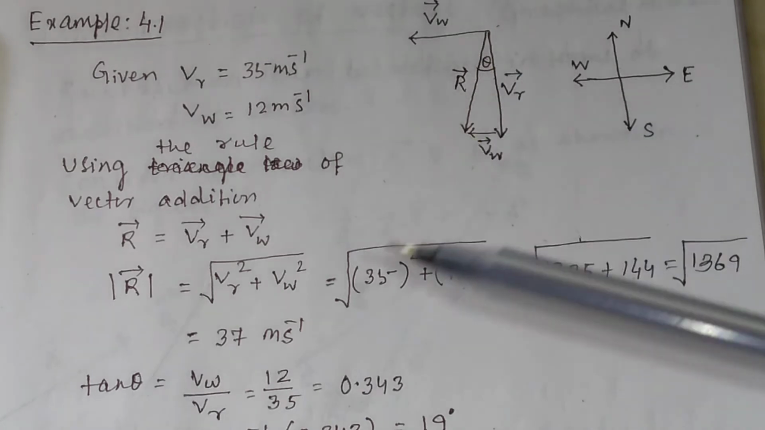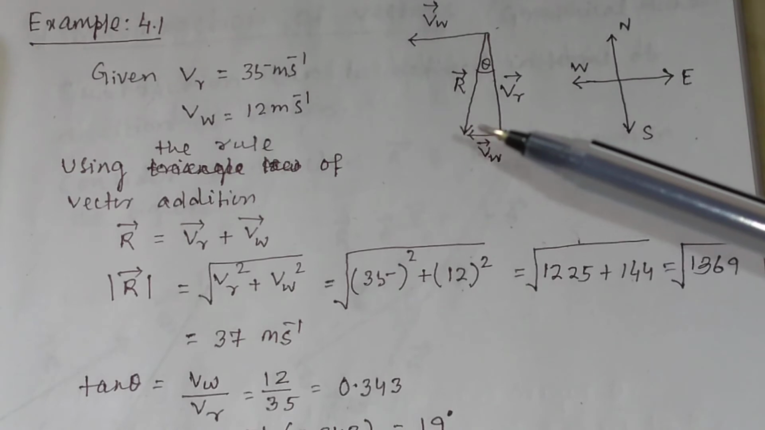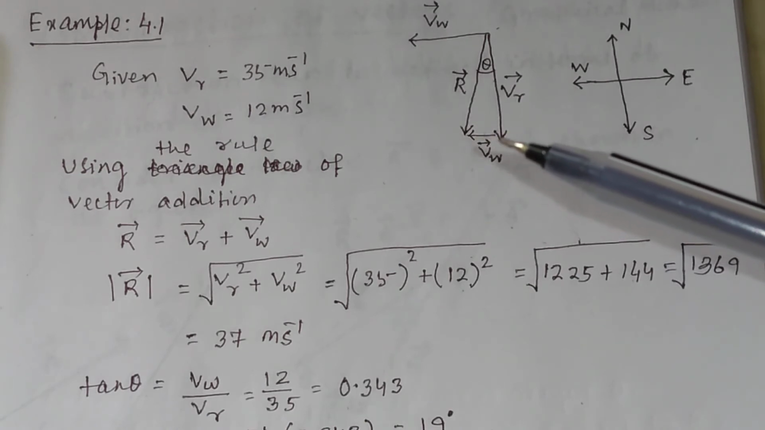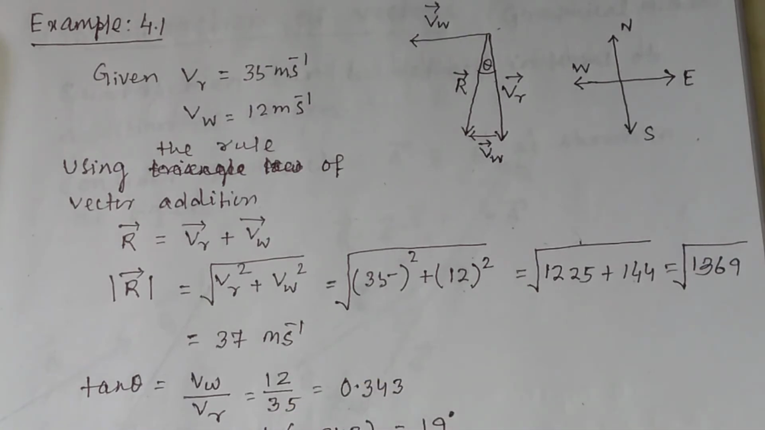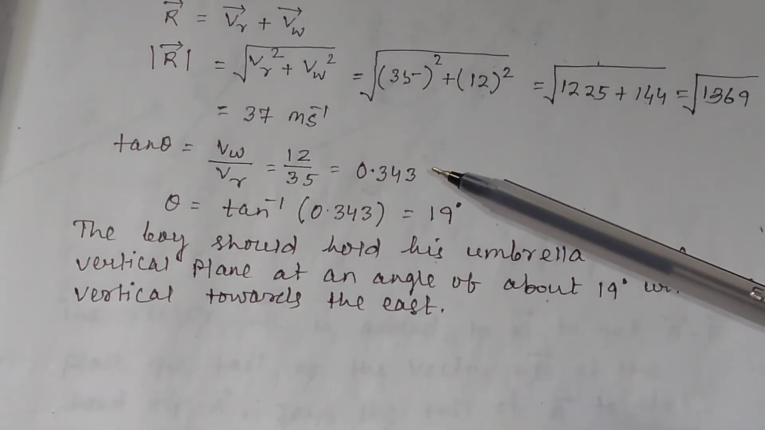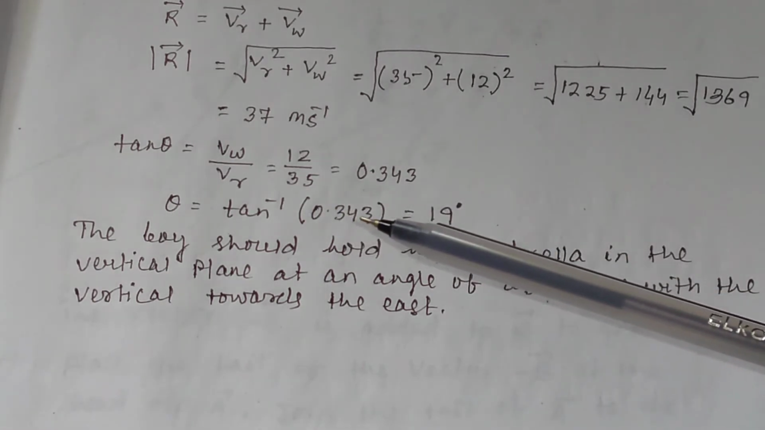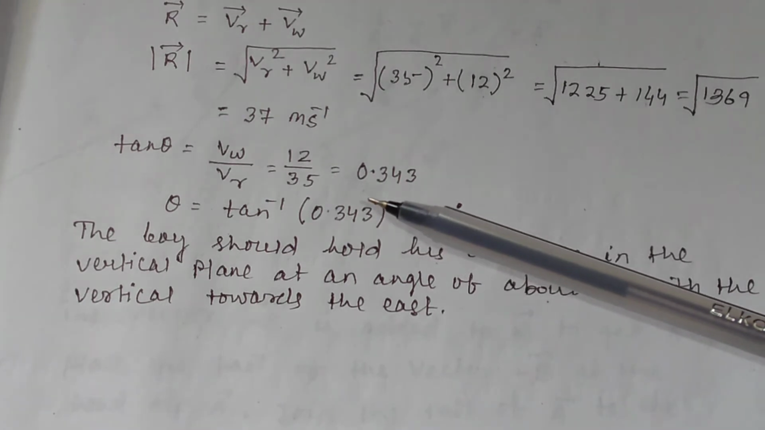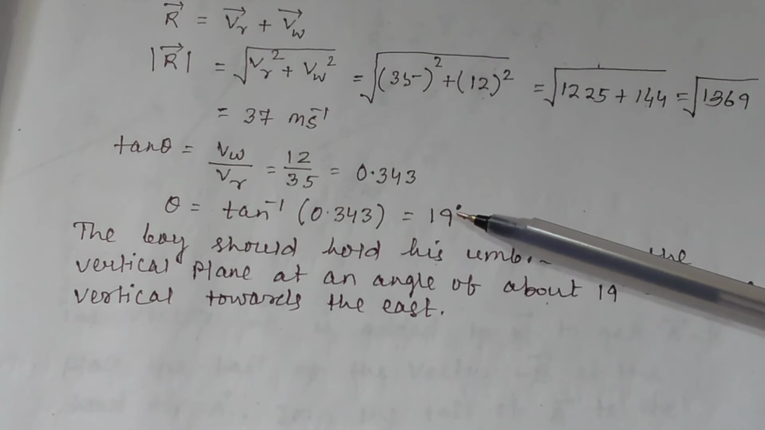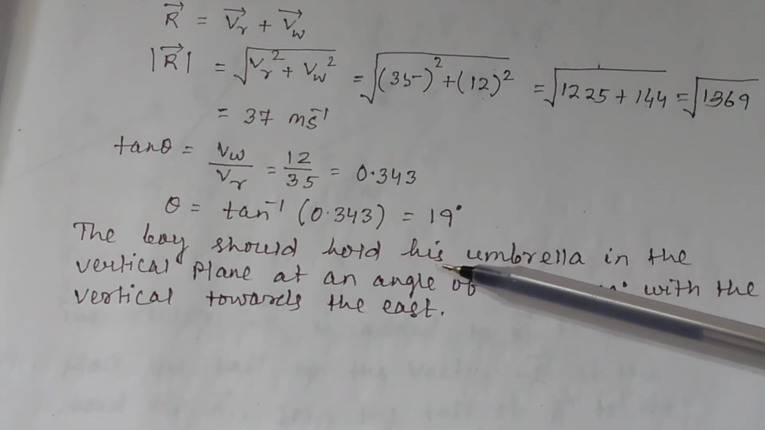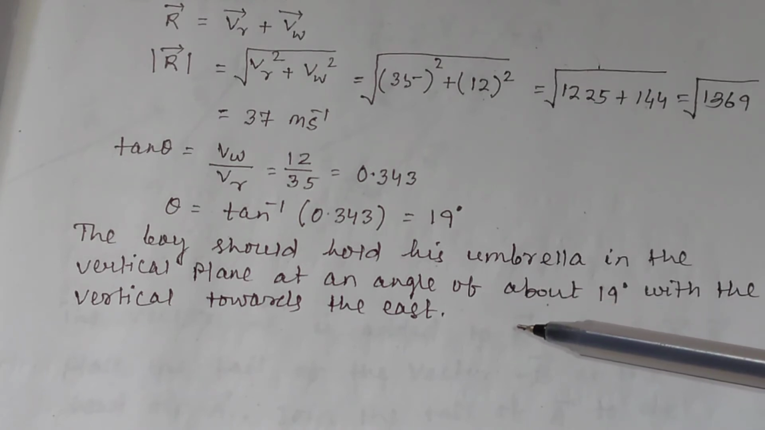So the resultant vector R will be equal to 37 meter per second, and from this right angle triangle, tan theta will be equal to VW divided by VR, that is equal to 12 divided by 35. So that will be equal to 0.343, and theta will be equal to tan inverse 0.343. And if you see the tan inverse table, this will be equal to 19 degree. So the boy should hold his umbrella in the vertical plane at an angle of about 19 degree with the